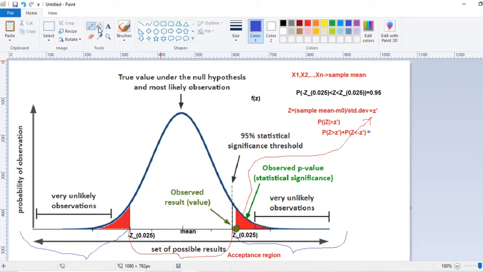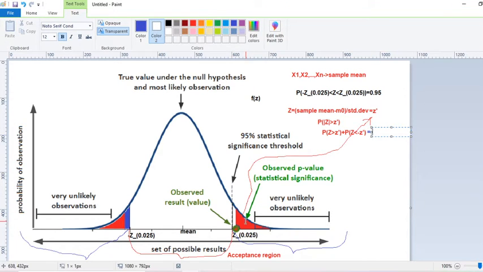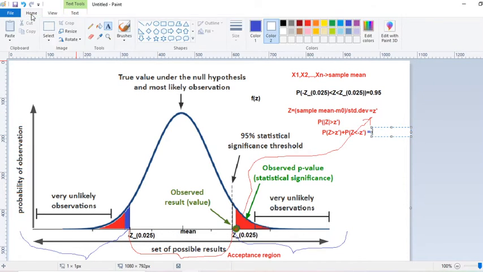So let us fill the gap with white color. So the area of this red region will be, this right side red region will be probability of z greater than z dash, and the left side red region will be probability that z